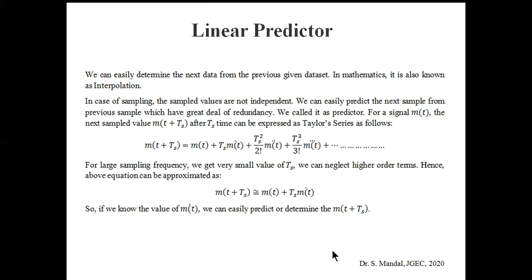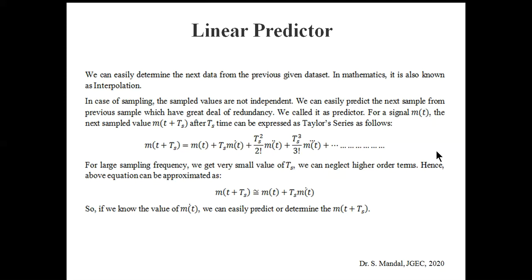Therefore, if you want to predict the next sample data m(t+Ts) from the previous data for a signal m(t), you can express m(t+Ts), the next sample value, using the Taylor series as this formula: m(t+Ts) = m(t) + Ts m'(t) + (Ts²/2!) m''(t) + (Ts³/3!) d³m/dt³. These are the first order derivative, second order derivative, third order derivative, and this continues